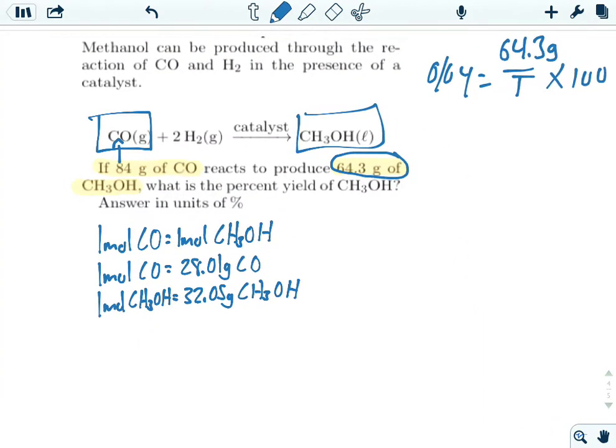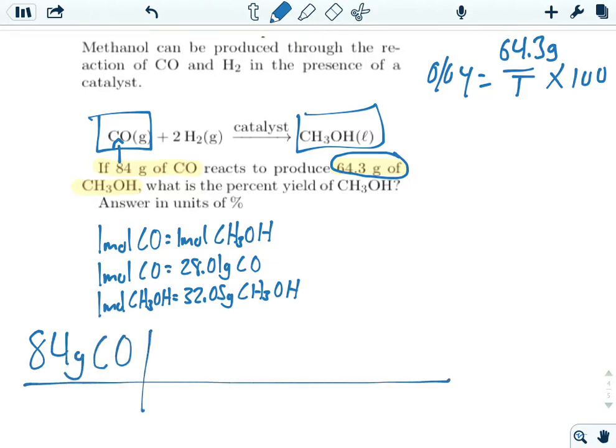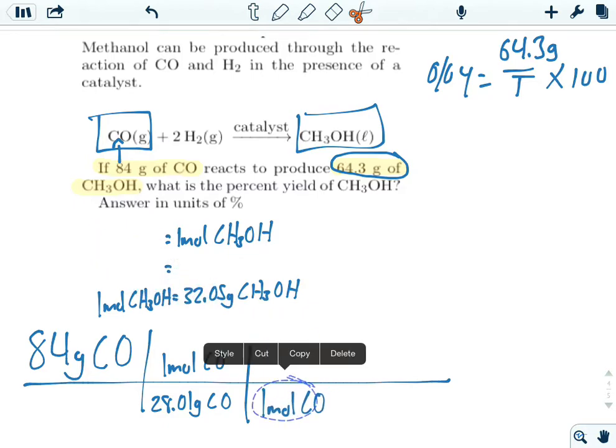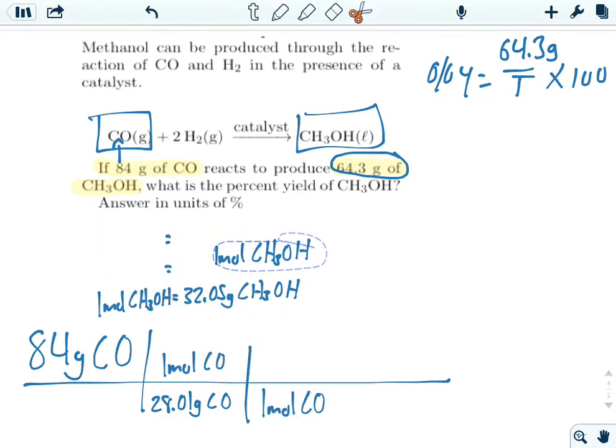So we start with the number in the problem, which is 84 grams of CO, carbon monoxide. Set it up and start matching up our units. So grams of CO, there's grams of CO. Put the other half on top. Then we keep going, and we use our mole ratio now and match up our units again. Then our methanol on top. And then we keep going